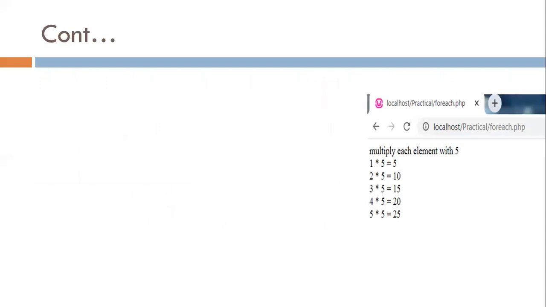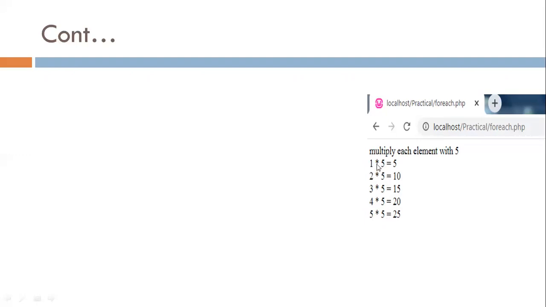Now for example, I want such type of output. I have 5 numbers 1, 2, 3, 4 and 5, and I want each and every number to be multiplied by 5.